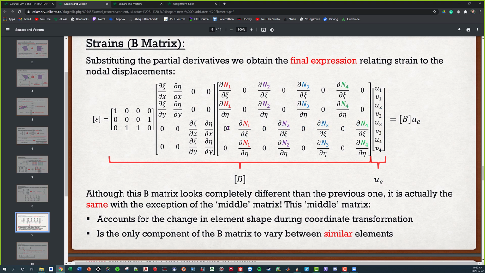The only difference is this is offset by 1. I'm hoping you guys can see that. All the derivatives in the first row and the third row here are always with respect to z. And it's always going to be n1 with respect to z, then n2 with respect to z, then n3 with respect to z. So what we're going to do is create an empty table full of zeros,